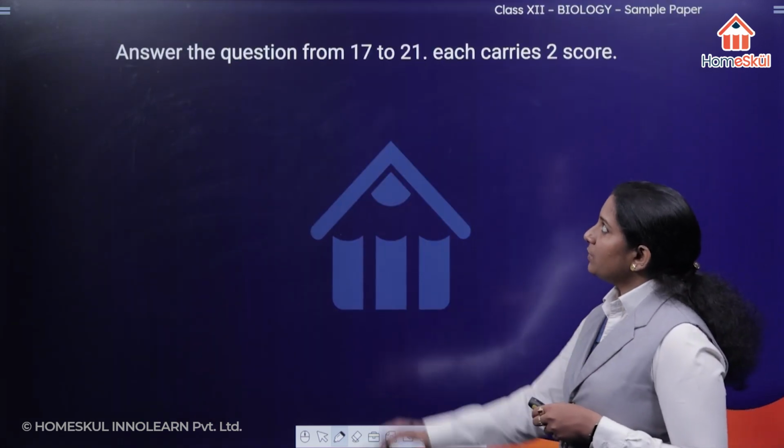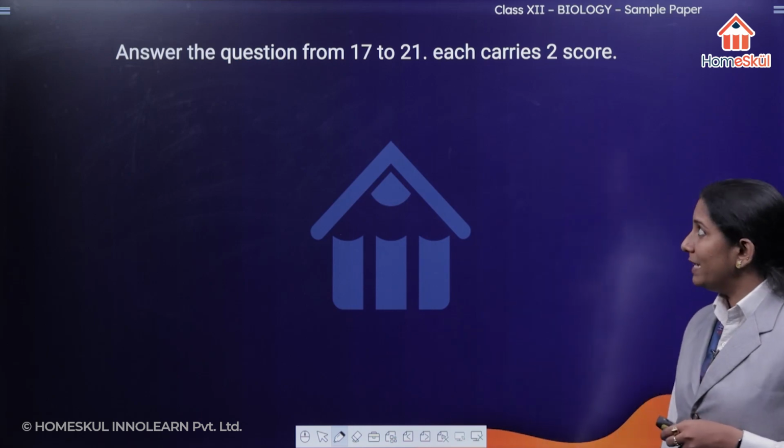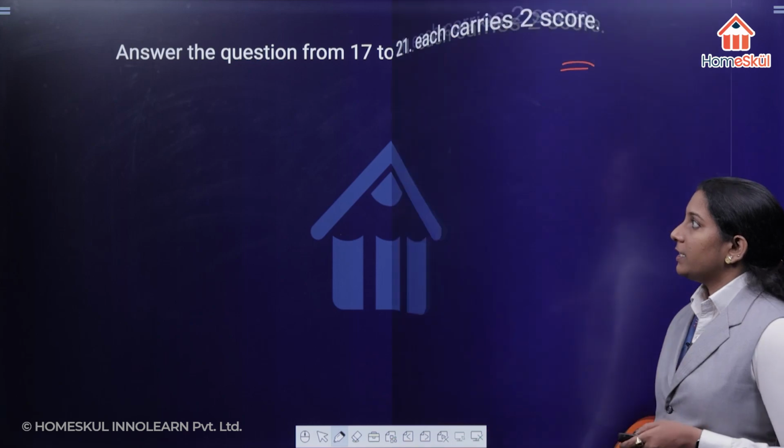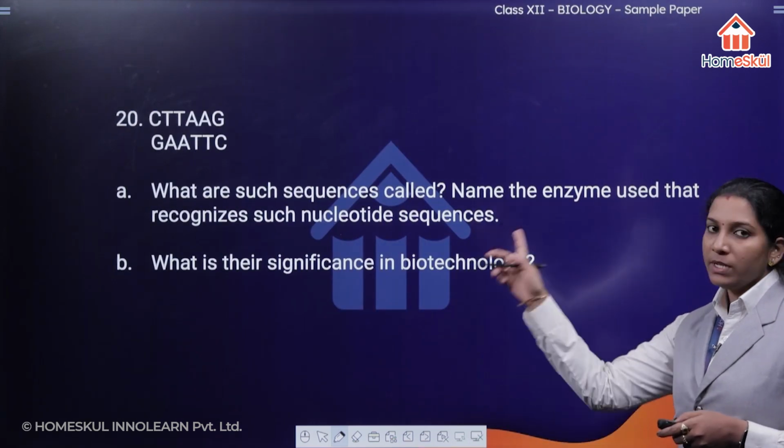Then answer the questions from question number 17 to 21, and each carries 2 marks. Next we have 2 mark questions. Right, so let's see. A sequence is given here,